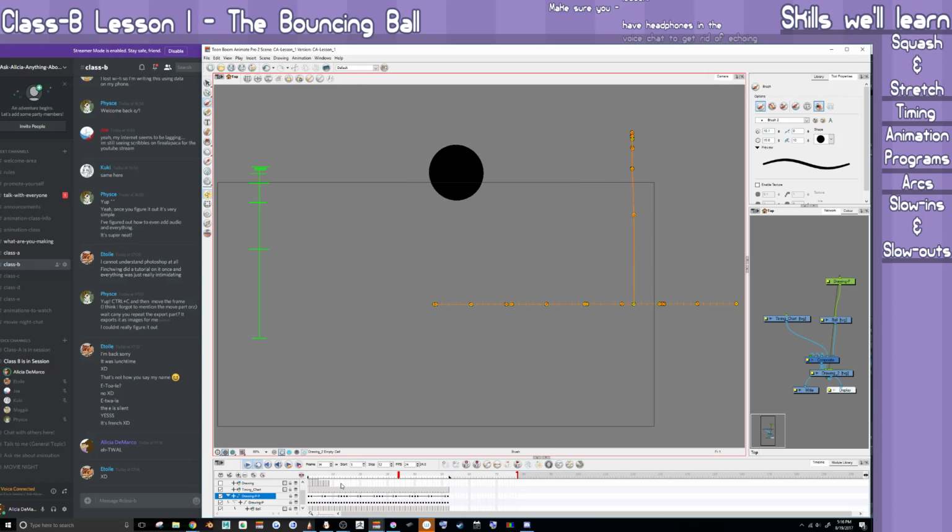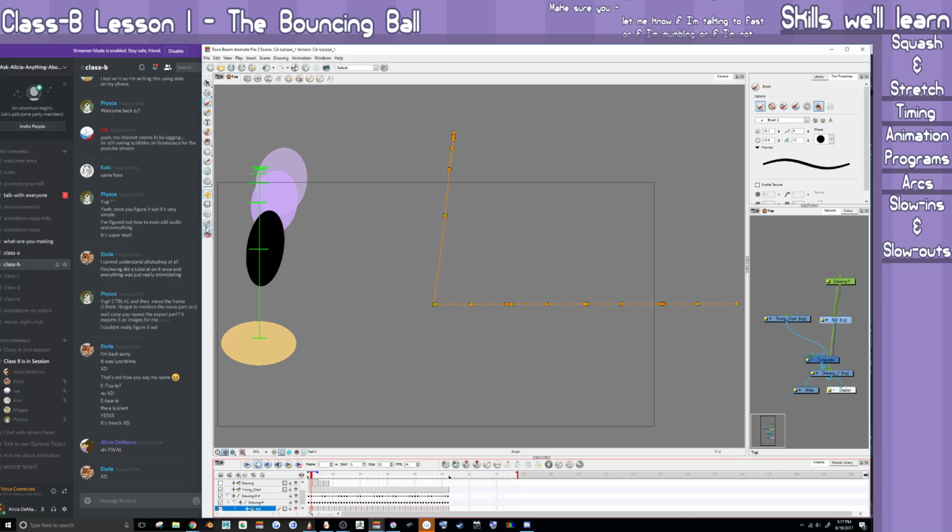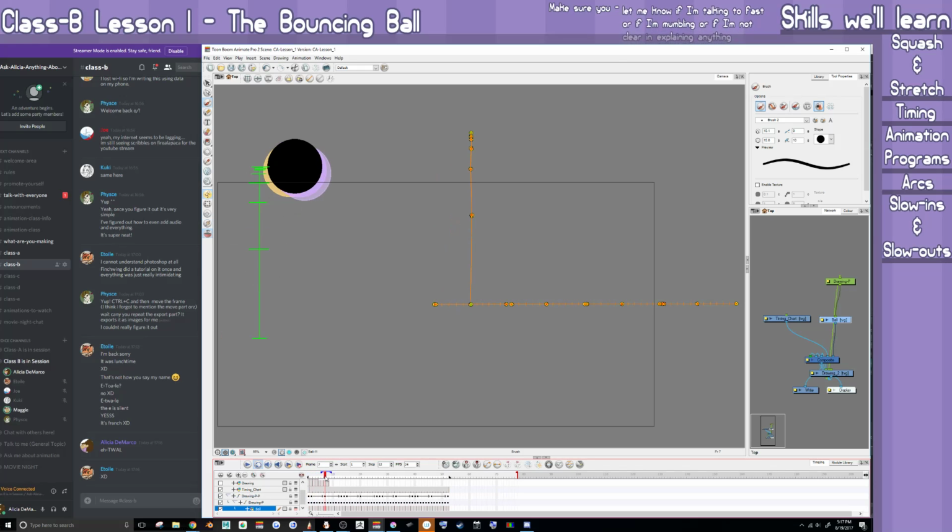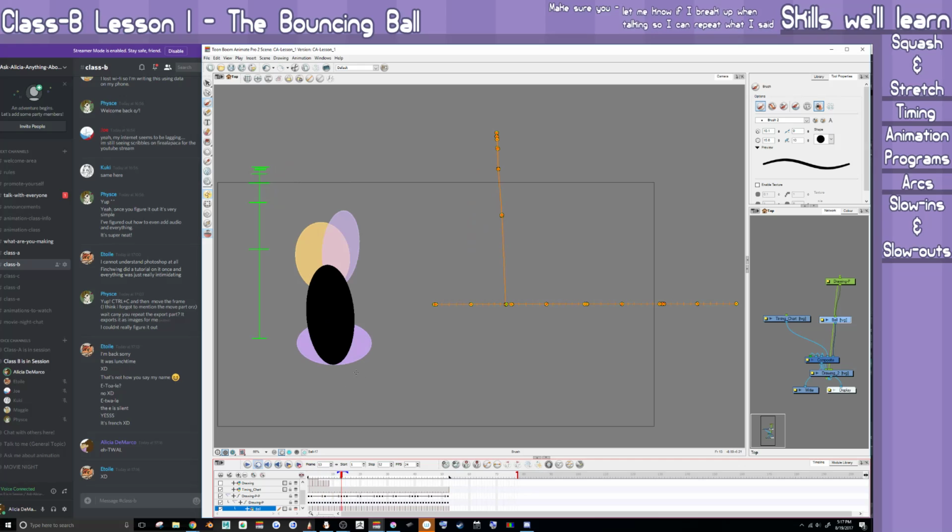But anyways, back to the majesty of animation. So, for something to be moving across the screen, it will have constant forward momentum as it slows in and slows out at the top, and it just has no slow-in whatsoever going towards the bottom. And you'll have it so it will start leaning towards where it's going to be, and it gets closer and closer to being the original ball shape at the top, because nothing's moving, nothing is going to make it squash or stretch, because it has to completely stop to change direction, and that second of just stopping is going to be the default shape, and then it's going to slowly speed up and stretch into the squash